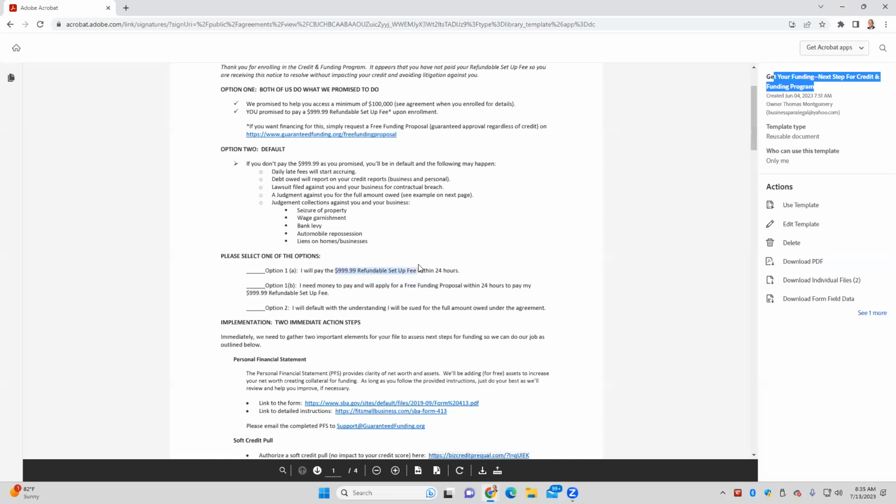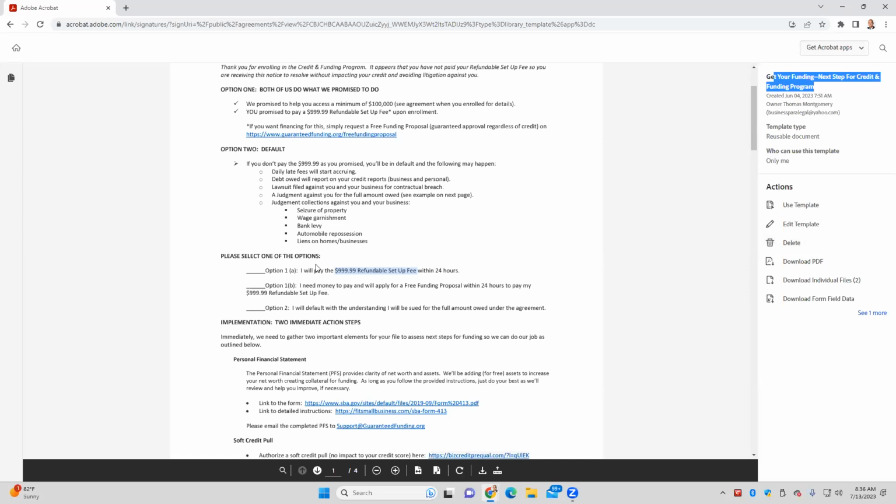Now, I want to close on this because this is important. If you're a pessimist, you'd say, well, Tom, what we're doing is they're taking out credit to pay for that refundable setup fee. That's horrible. But the truth is, it's the opposite of that. Because what did we promise? We're going to help them improve their credit. How do you improve credit? By opening trade lines and paying as agreed. So this, in fact, could be their first trade line that reports positively, that improves their score,